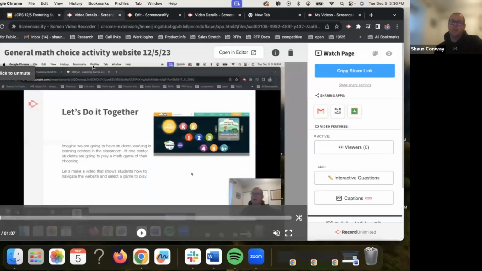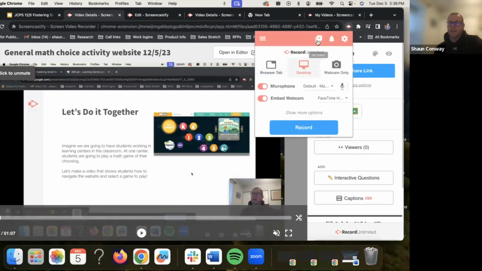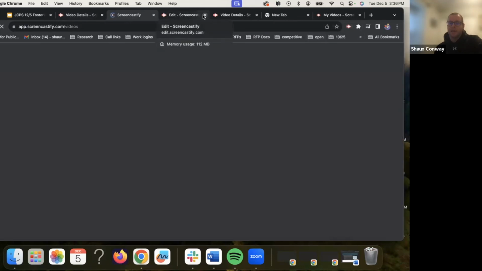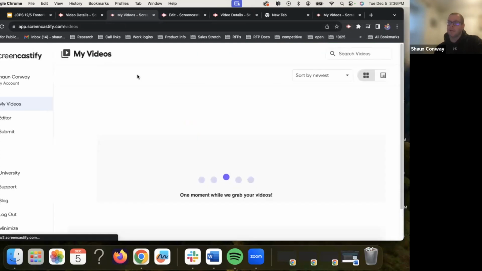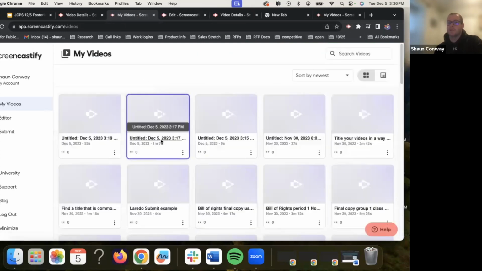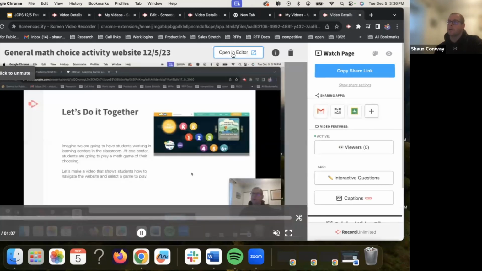So this tab would be what similarly looks like for you if you made the video during the first 7 minutes. If for some reason you X'd out and don't have that visible anymore, all you need to do is click on the extension and then click on My Videos. And that's going to pull up your video library with accessible options that you can then open. And then you can click open in editor and throw it in there.